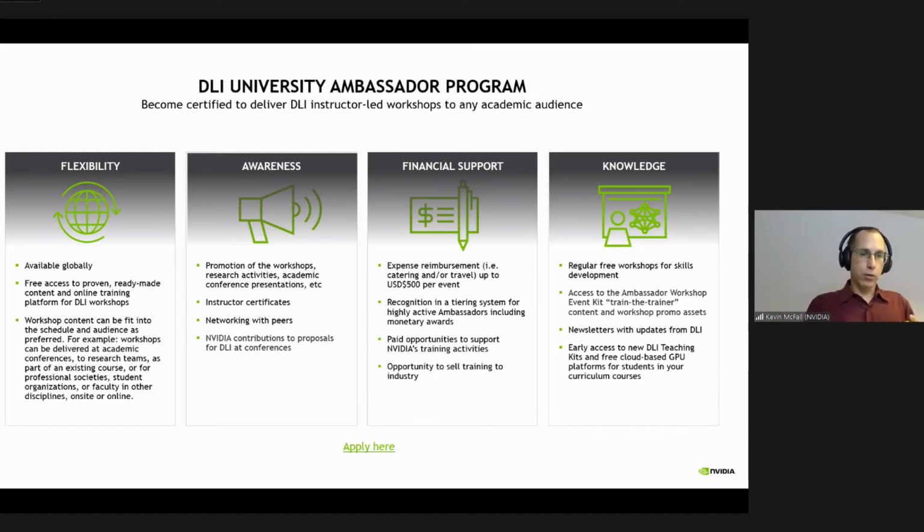So you would apply for whichever workshop you're interested in. You go through a certification process, and once you're certified to teach that workshop, then you can deliver that to anyone in whatever format works for you. And again, as I was mentioning, that course is all packaged together. They're 8-hour-long workshops. They have GPU resources, so your students would just log in to the NVIDIA website, and they'd have access to spin up a virtual machine, and it runs with Jupyter notebooks. And there's all these hands-on activities, as well as lecture slides for you to present to them.